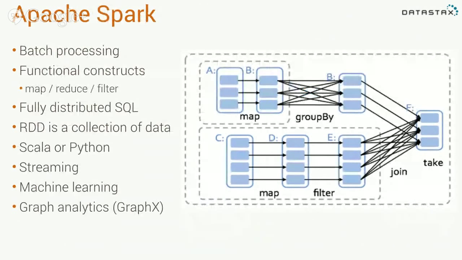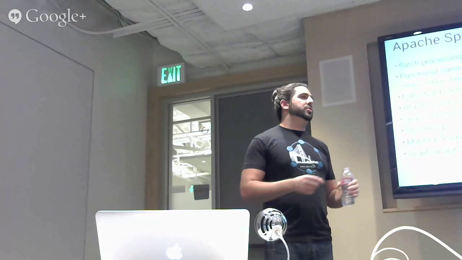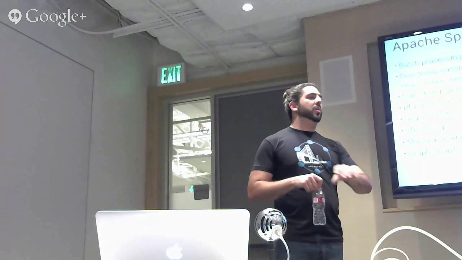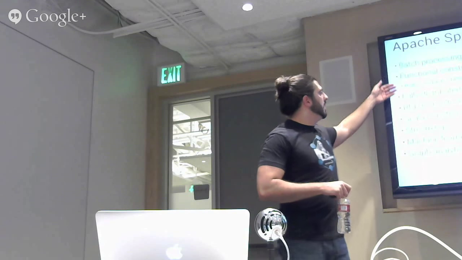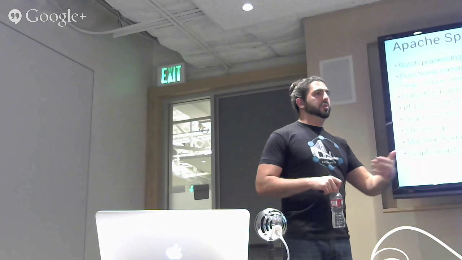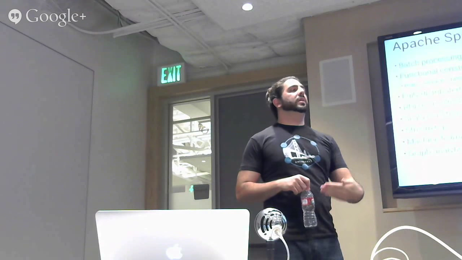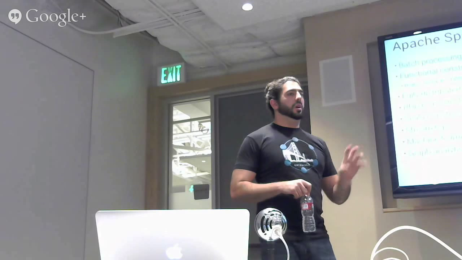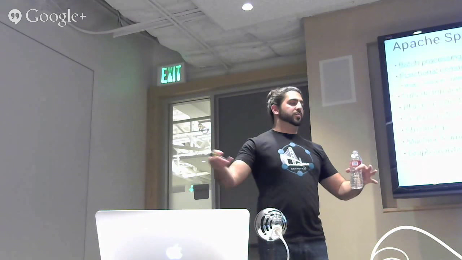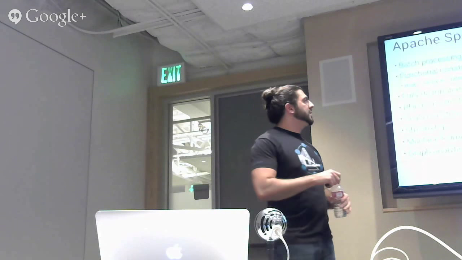RDD was what? Resilient distributed data set. So think about if you were to have a huge list, and instead of processing it on one machine, you broke the list up into 500 components and spread it out over 500 machines. So you can apply a map, which takes a function, and you can say, I want to apply this map to every one of the elements in that list, and you can do that concurrently on all 500 nodes in your cluster. And then each one will have a result, and the list will be spread out across all the machines. And you can do the same thing with filter.